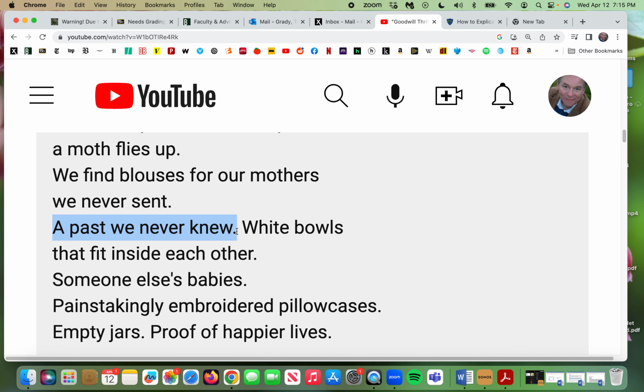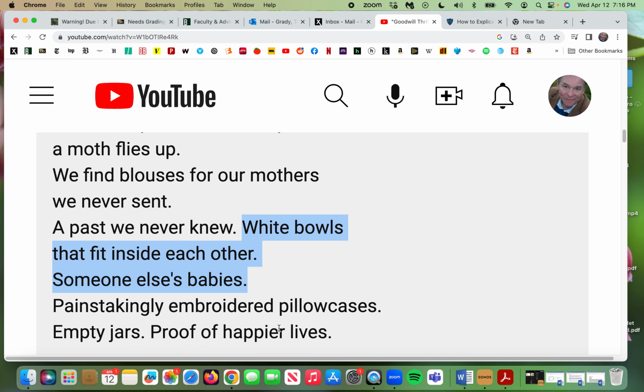So it's almost like an alternative universe, that if in my past I had been more kind and thoughtful, I would have sent that blouse, but I wasn't. This is a past I'll never know because I didn't do what I should have done in the past. So being in this thrift store is really triggering a lot of emotional and psychological triggers.